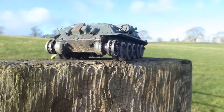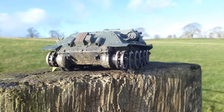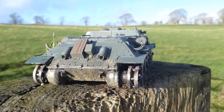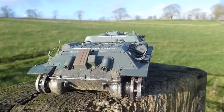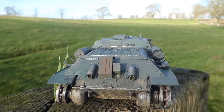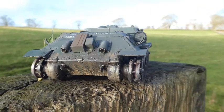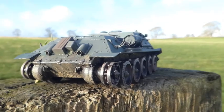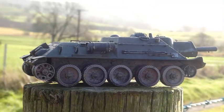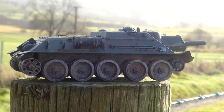Here is your standard thing with a few dents and scratches, and those boxes on the back. I'm going to go on and on about them. I wish I hadn't glued them on when I did. We won't hear the end of that, I'm sure. Anyway, so yeah, your standard green, fairly straightforward, a little bit of mud, a little bit of damage. It's going to get plastered in much more, and then we're going to get